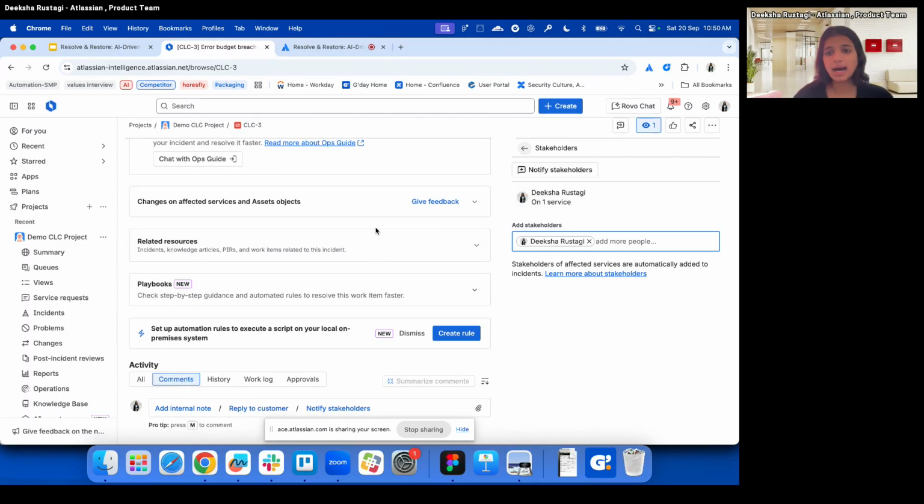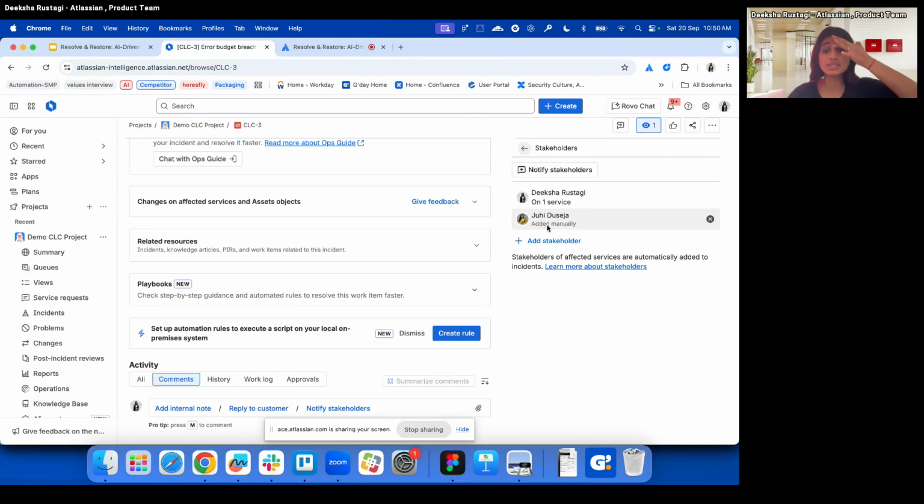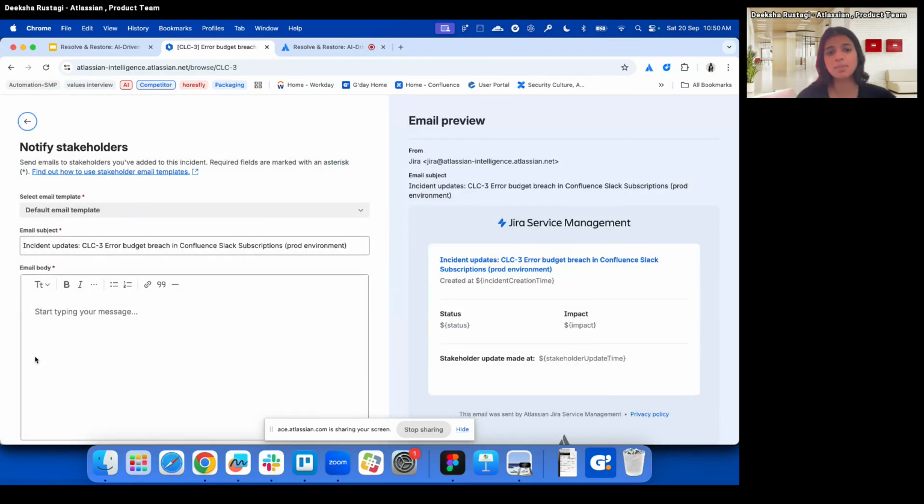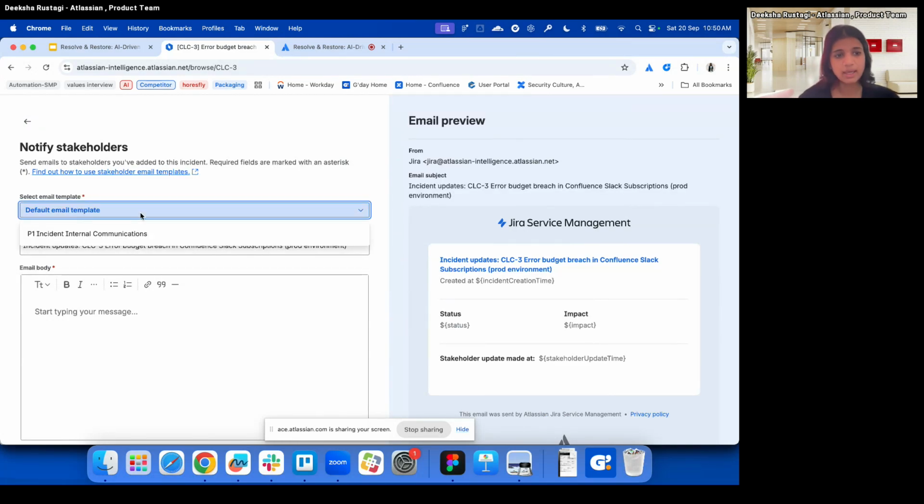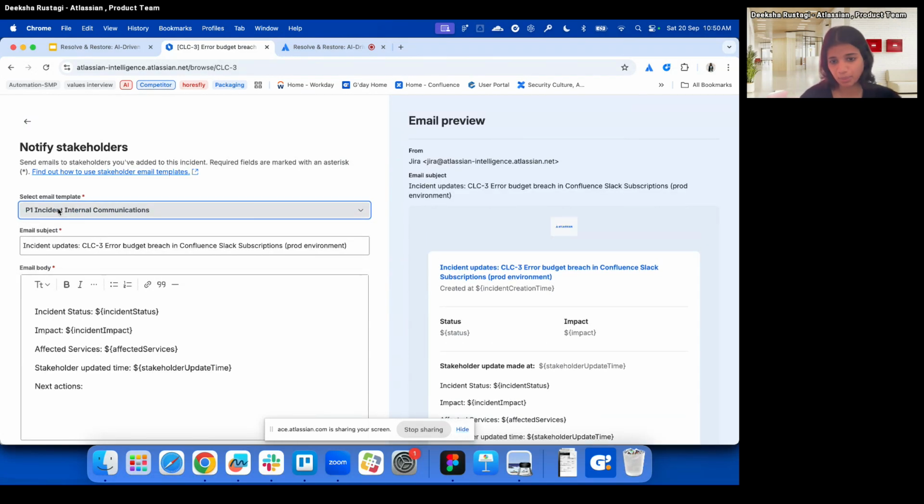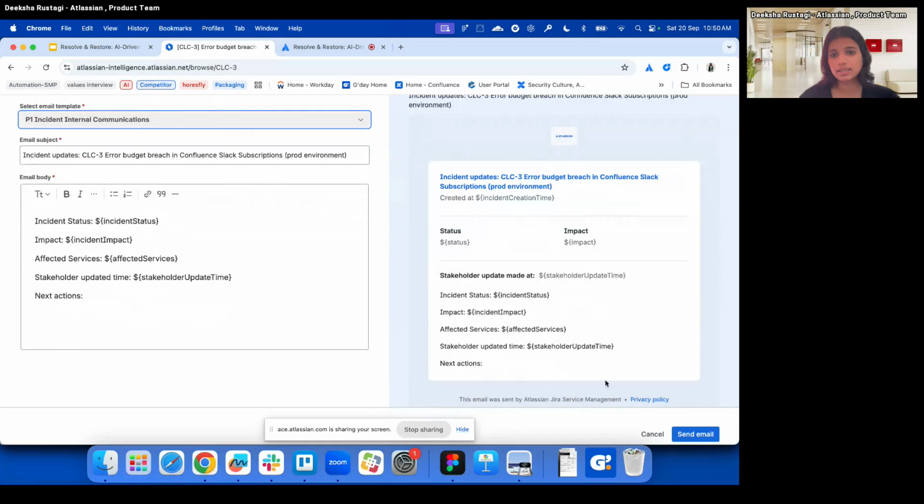As you can see, I was already added as a stakeholder to the demo service. That's why I've been added, but I can add other stakeholders here as well. So here, let me just add two stakeholders. You can see which ones are added manually versus which ones are added through a service. Now I want to notify stakeholders about the things that are ongoing. I had already configured my template. I can see that this is how my template will look. Next action,